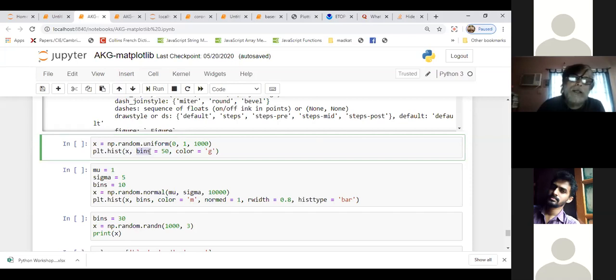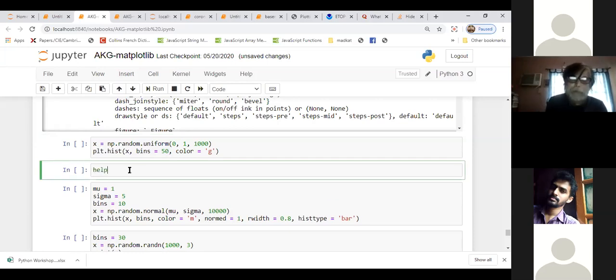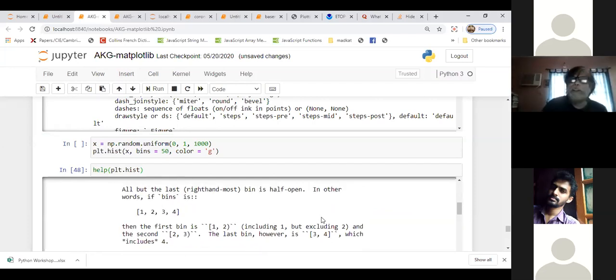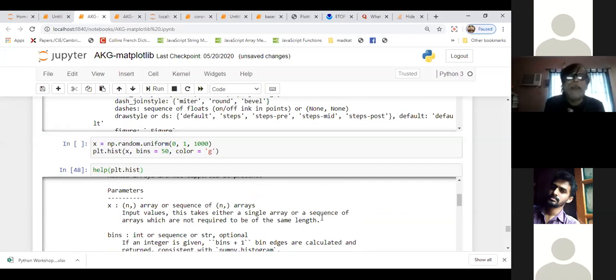But you say how many bins you want. You want bins equal to 50. That means you wanted 50 bars, 50 bins, and the color is g, green. Just that. You can also type help here; inside that you write plt.hist. It will actually tell you what is there inside. Lots of documentation is there. Python is so fantastic that you are using it on your machine, and your help is always at hand.